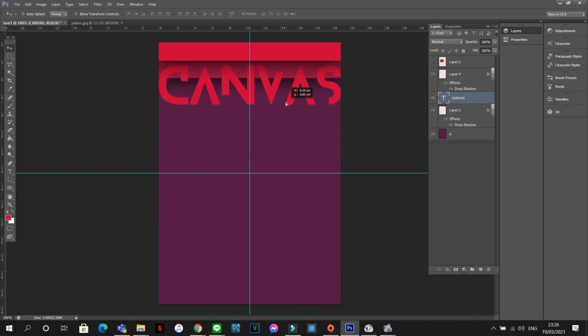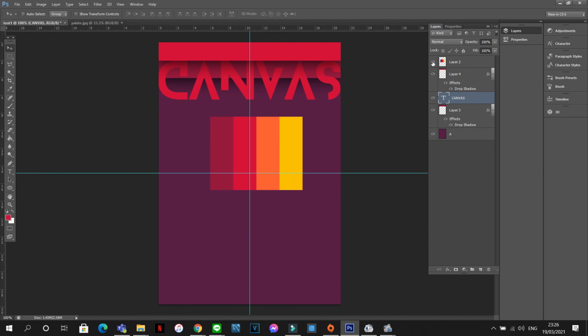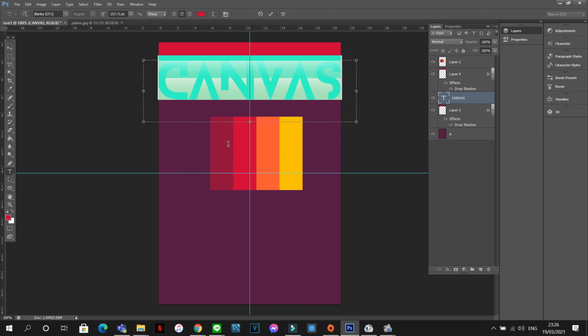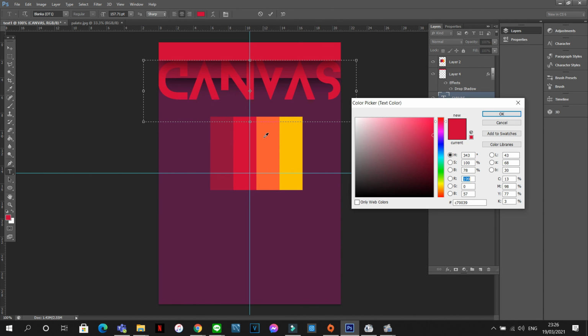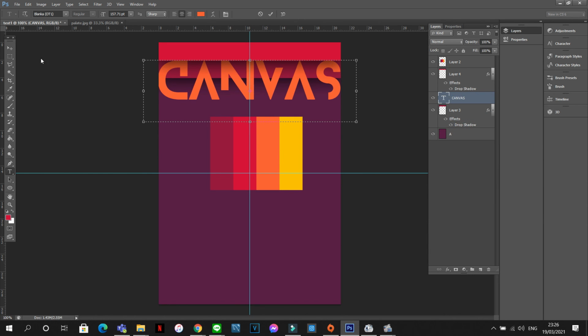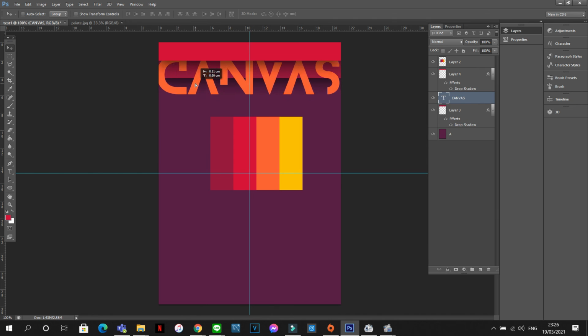Now that looks good. Next I want to change the color of the text, so I will see what color is suitable for this. We can change the color by clicking here and picking the color from here. I think it's quite good,